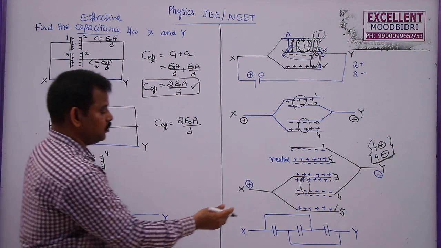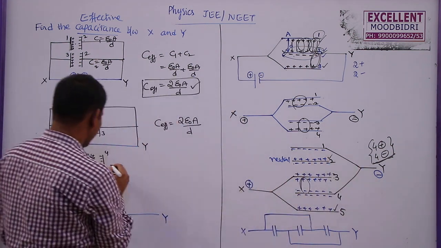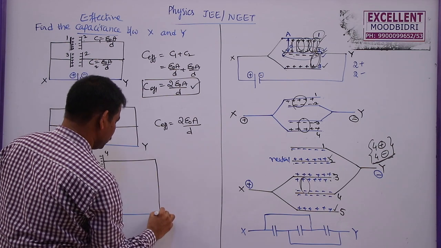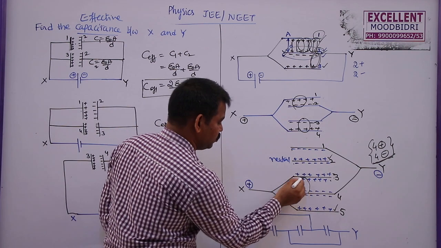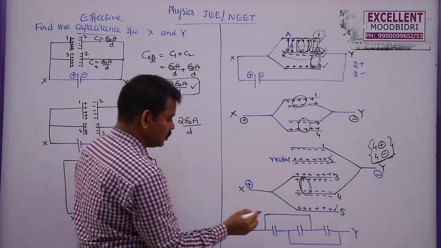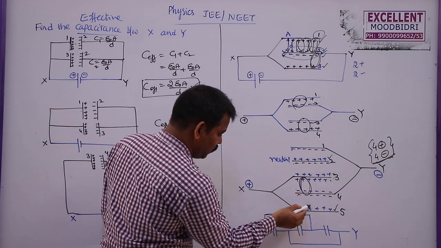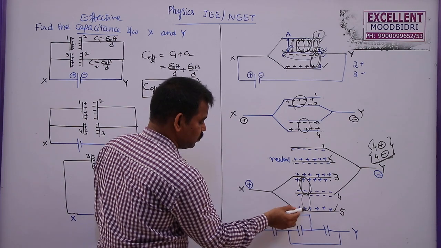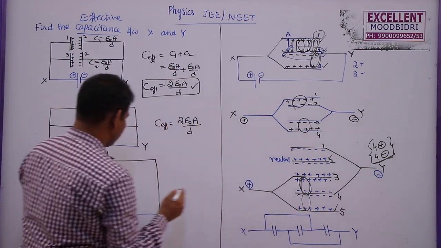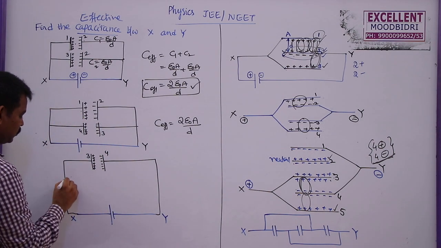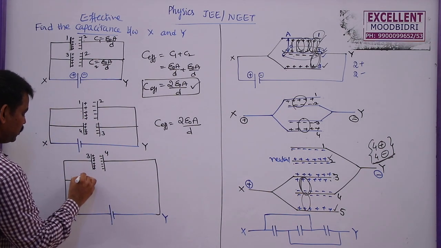This is the fourth plate, which is negatively charged. Now this fourth plate is connected directly to terminal Y. So I am connecting this directly to terminal Y. So one capacitor is over. Between 3 and 4, one capacitor is over. Next, between 5 and 4 also, a positive and negative combination is there. It will also act as a capacitor. So 5 is connected to X. From X we are connecting one capacitor whose plate number is 5.